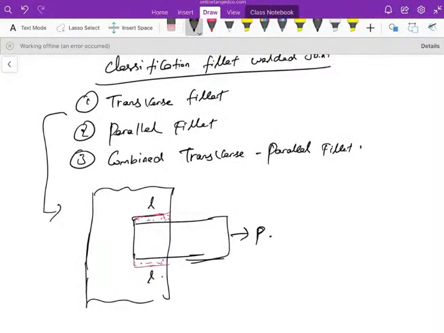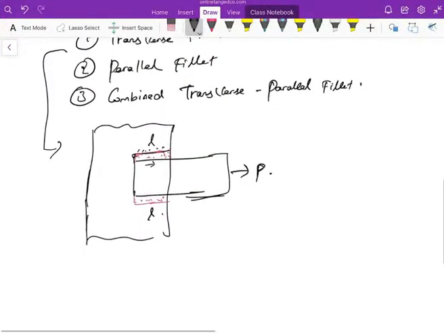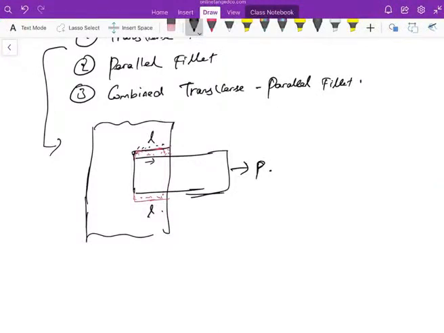So what kind of force will it undergo? Whether it will undergo axial deformation, shear, or bending. I have talked about different types of deformations, right? What kind of deformation will this particular weld undergo? It will undergo a shear deformation. The point is, since the load is acting here, this is a stationary point and this is a moving point. So for this kind of loading condition, the weld will undergo shear deformation.